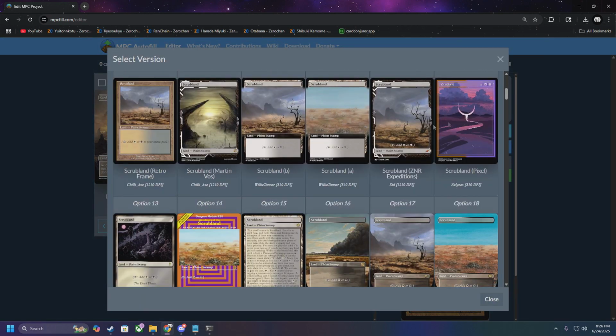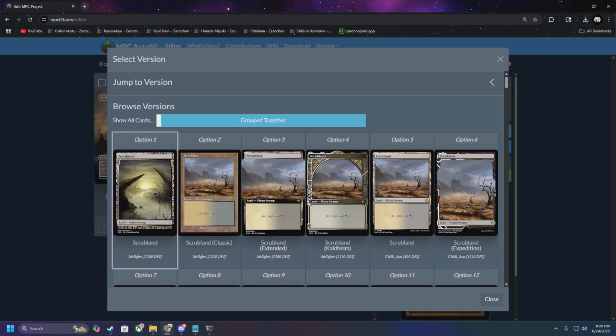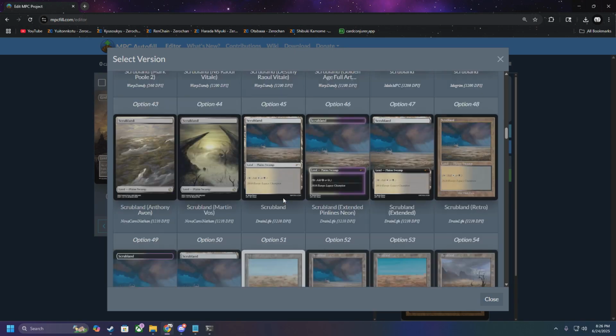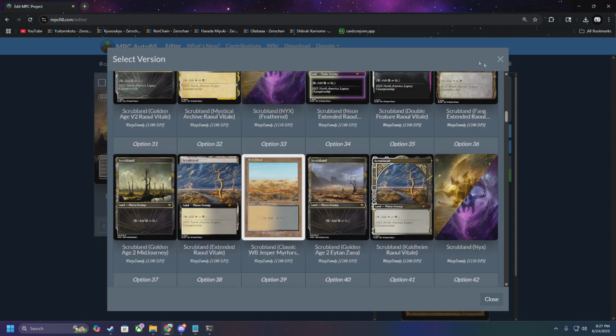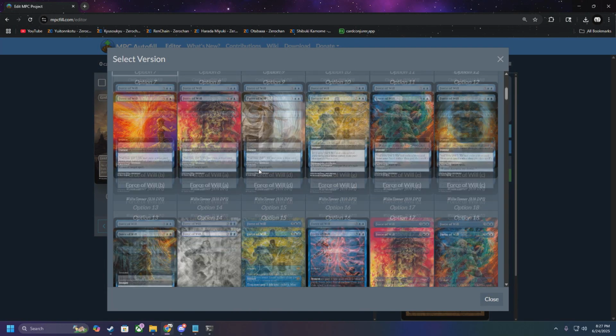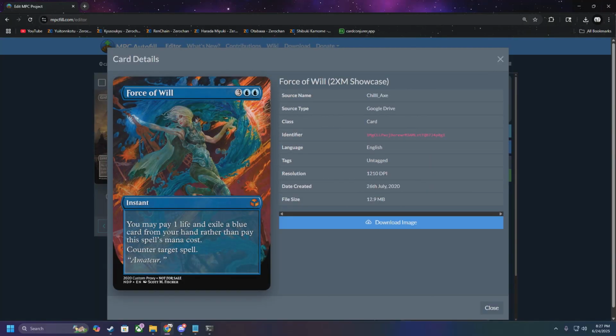And same with Scrublands, you're going to have stuff that resembles close to the original, extended, full art. There's a ton of options. But all you're really wanting to do here is just pick and choose the cards you want. Yeah, we'll just do that, because that one's cool. You just download it. And then,